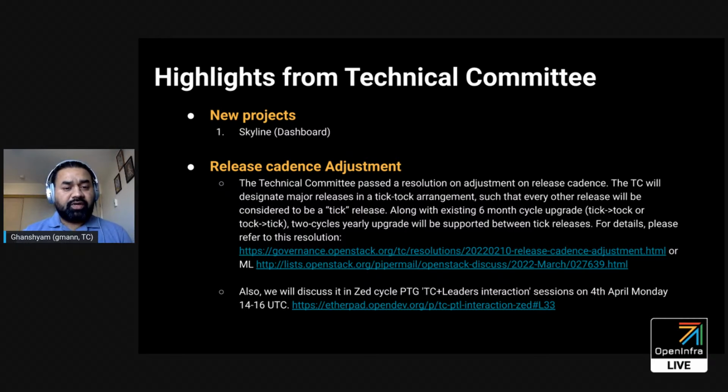And next is our release cadence adjustment. The technical committee passed a resolution on adjustment of release cadence. So the TC will designate the major release in a tick-tock arrangement, such that every other release will be considered a tick release, and along with the existing upgrade model, like upgrading from one cycle to another cycle, we will be supporting an extra upgrade support from tick to tick release, skipping the one cycle in between. So we have the resolution link, and also a mail from Dan Smith. They have the details, and also